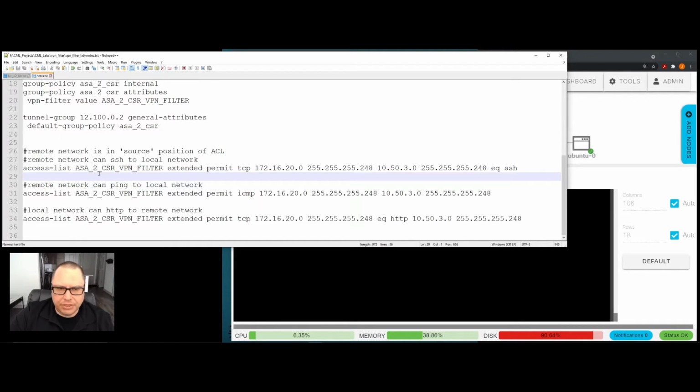So basically, I'm going to start off with this first line, and then we'll build from there. We know that we need to have the remote network in the source position. I want to filter on TCP ports in this particular case, and I want to make it so the remote network can SSH to the local network. Now, when we apply this, all the stuff that we tested previously is not going to work anymore, except for the fact that the remote network can SSH to the local network,